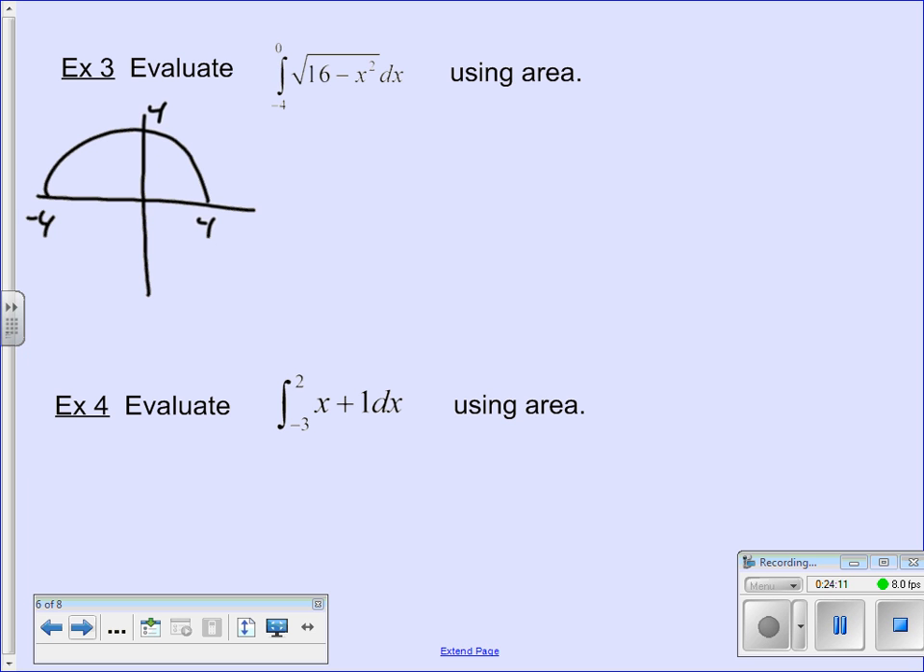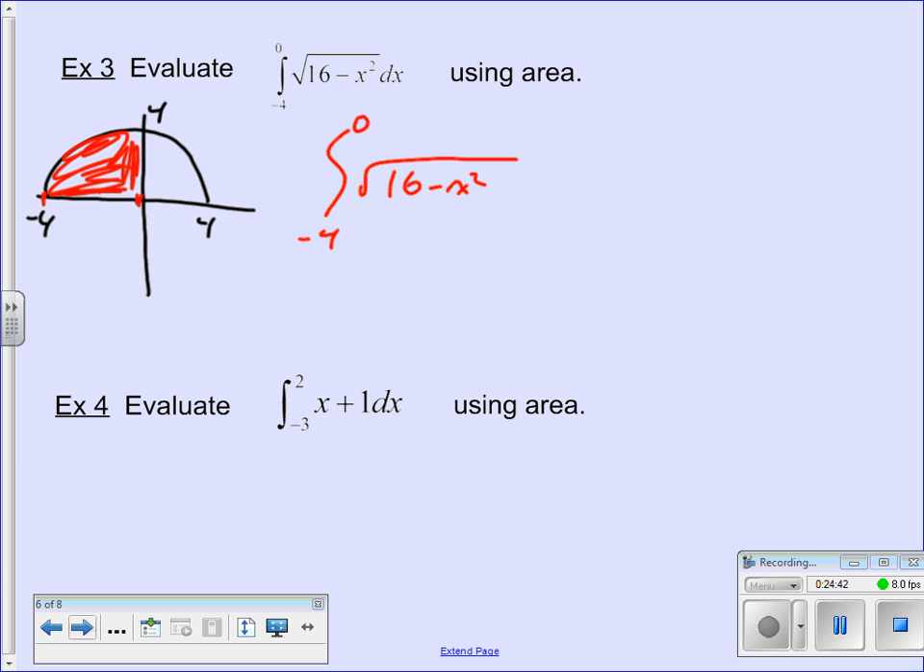Now, so that's what f of x looks like. What is my integral on this one? Where do I go from where to where? I go from -4 to 0, which means I want to figure out what this area here is. How much of a circle is that? 1/4 of a circle. So I want to have my integral from -4 to 0 of the square root of